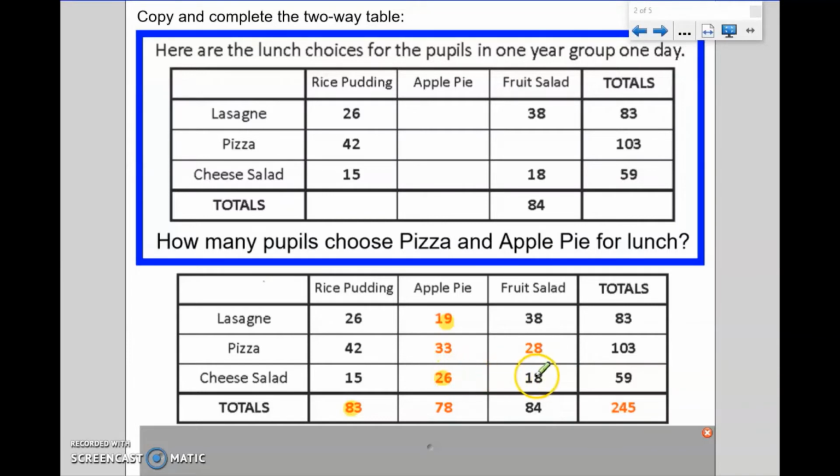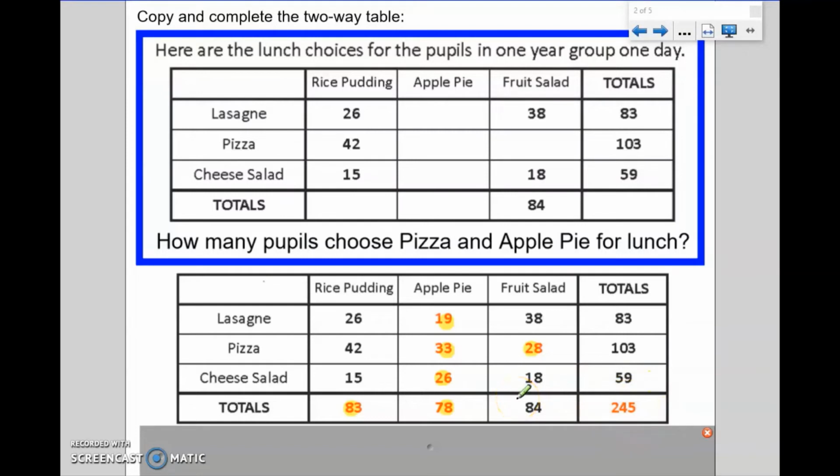We're doing a subtract from 59, taking away 18 and 15. And then we can go ahead and fill in the other missing values. 28 will help us find this value, which would help us find this value, which would then help us find our grand total. This is the amount of students who were surveyed altogether about their lunch choices,